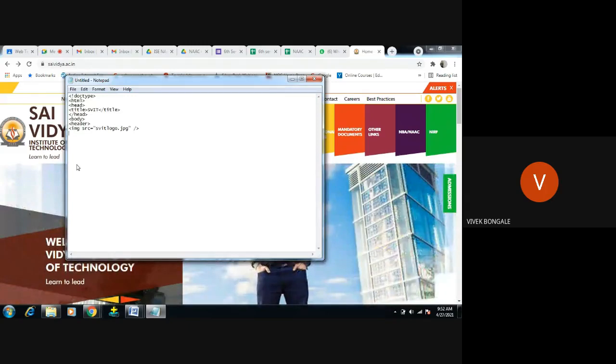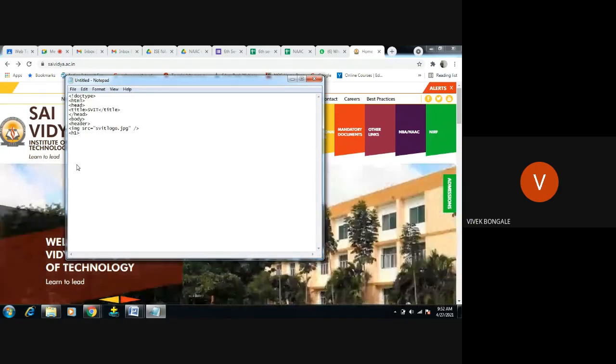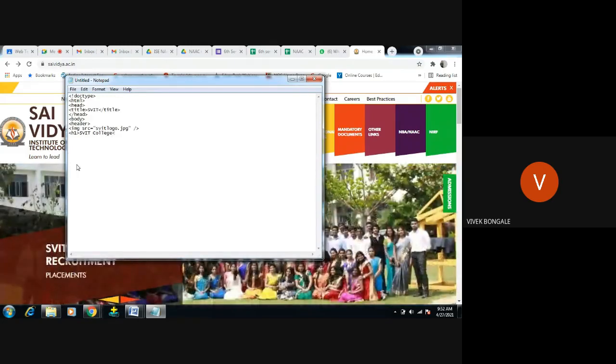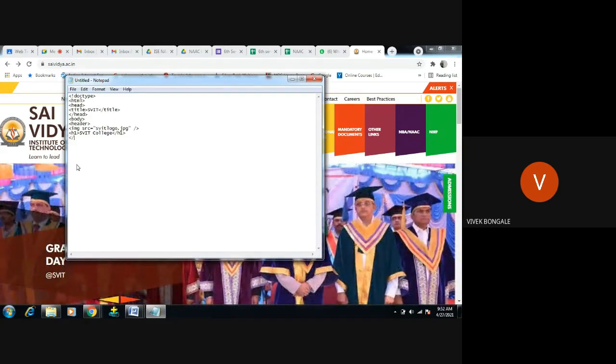Then after that logo I want to display one particular header, so like this I want to display h1, svit college. I want to display this part after that logo, svit college, /h1. So I'm going to close this header now. Only this part I want to display over there.